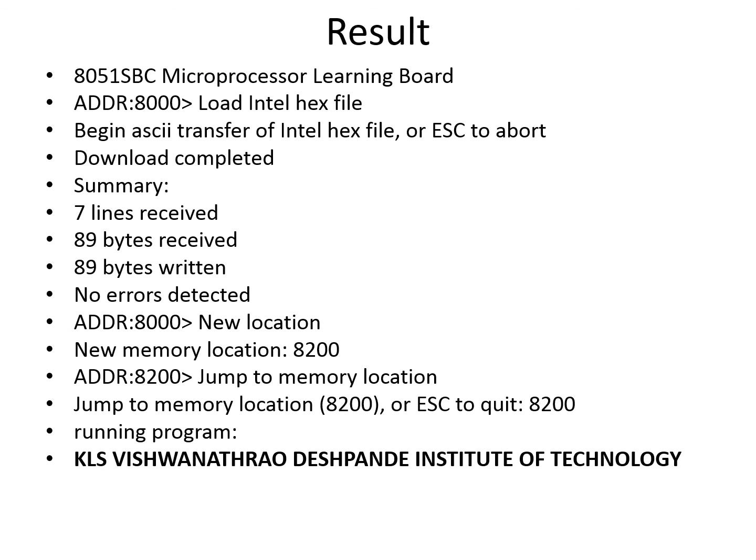Now coming to the actual hardware execution, how do we do this? First of all, I have to load my Intel hex file. You know the procedure for how to load this Intel hex file by pressing a tab on L. We get this particular instruction. Then you need to fetch your hex file and download it. Once the download is done, it will show you the number of bytes received, 89 bytes, unless there are errors. If there are errors, you should go back and see that the errors are removed from the program. And once it is successfully downloaded, I have to press a simple instruction called N.